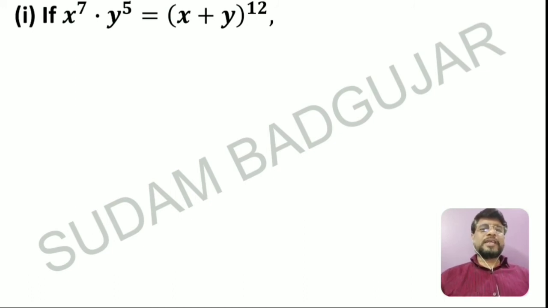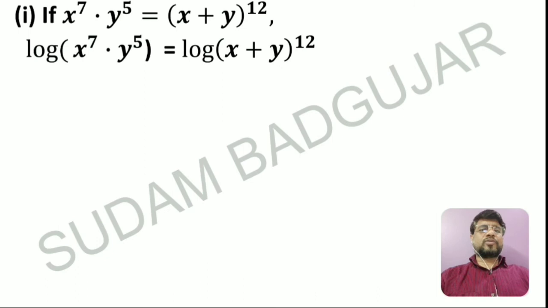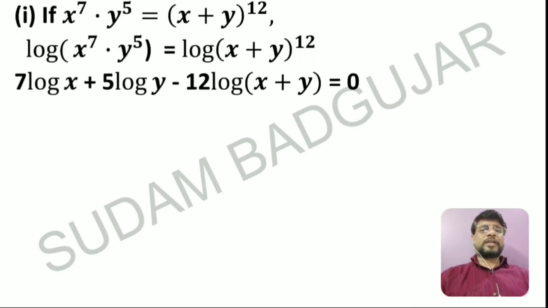Now you can differentiate this. Its final answer is y upon x. You can remember this. I will show you the rule. First, we have to simplify this. How to differentiate? By taking log on both sides. That is log of LHS equal to log of RHS. Then again you have to apply the log of m into n formula. You will get log of x raised to 7 plus log of y raised to 5 is equal to the RHS. Then the log m raised to n formula. You will get 7 into log x plus 5 into log y is equal to 12 into that.